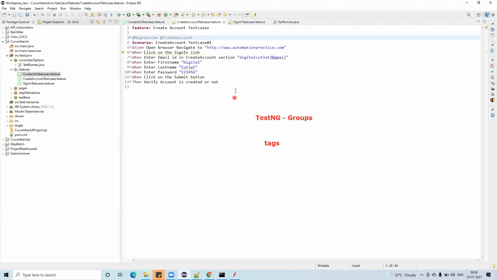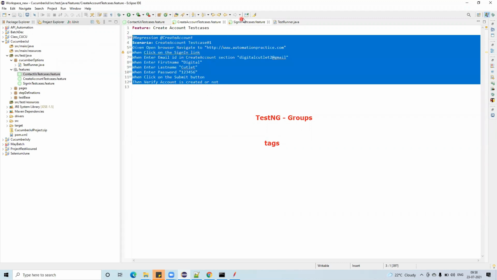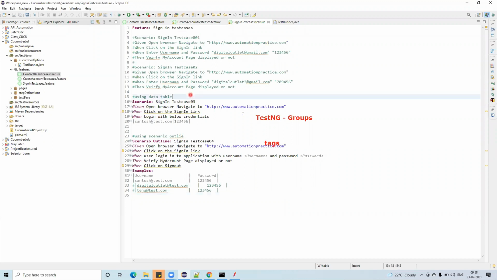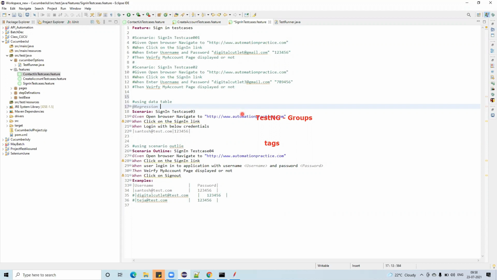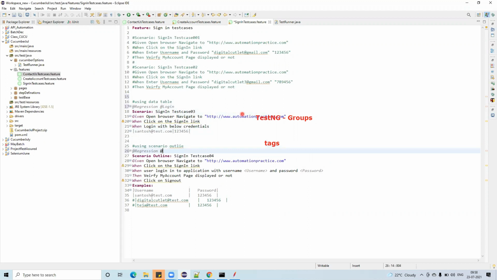I'm not keeping this one as smoke. And go here, and if you notice, this belongs to regression and login. And this belongs to regression, login, and also I wanted to give it as smoke. So save it and clear this.